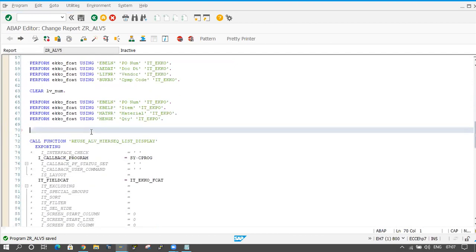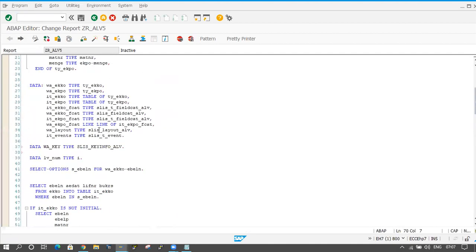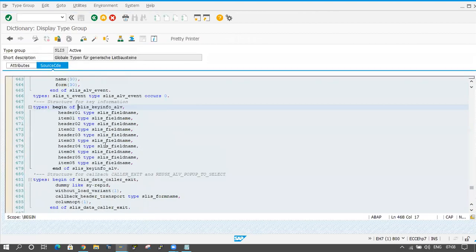Now work area key is the work area. In this one we have to pass the common data, the link data, the link fields. Header data and item data are there, right? So in that, what are the link fields? Those link fields we have to maintain here. First of all, double click on the structure. Whatever fields are available in the structure, just double click on it. It is showing header 01, item 01, header 02, item 02. It contains only the header and item information, that's it.